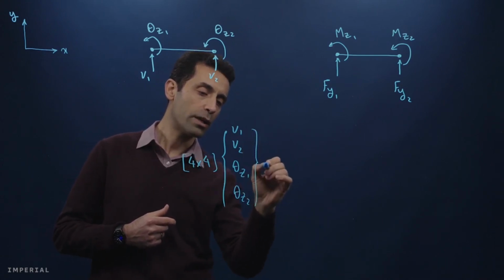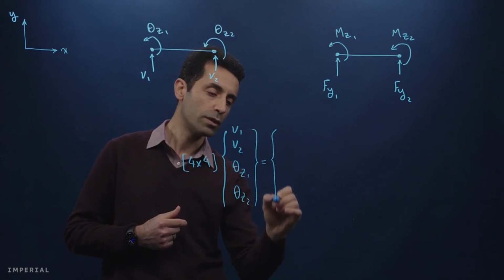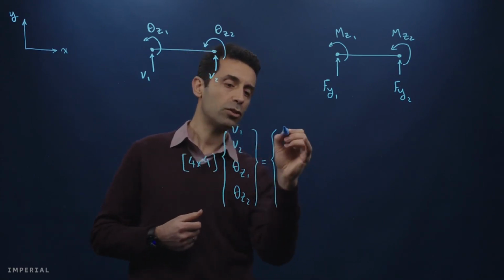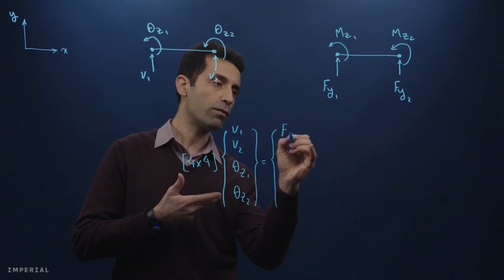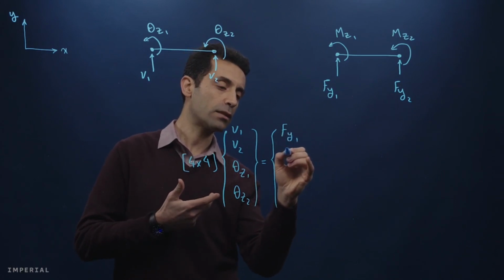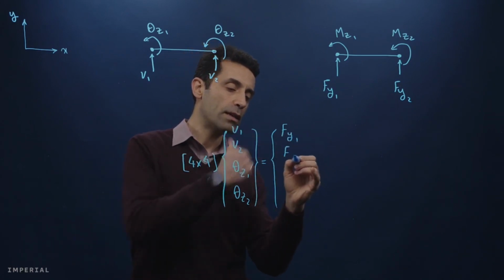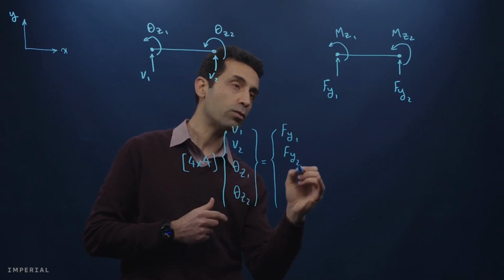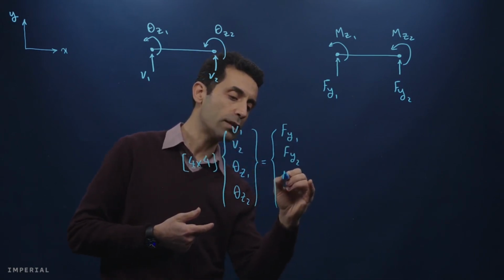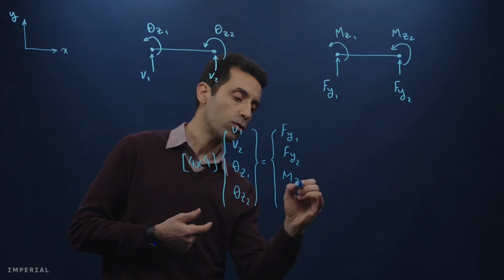And that would be equal to the vector of nodal forces, which is, when we say force, a generic definition, so these forces Fy1, Fy2, as well as the moments are included in the vector of nodal forces,